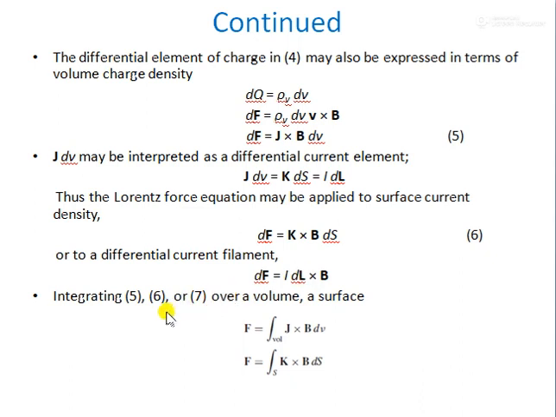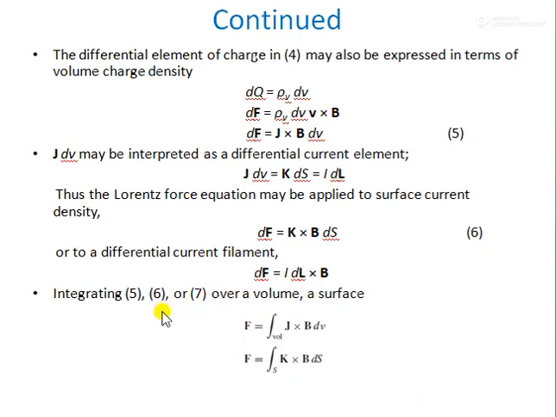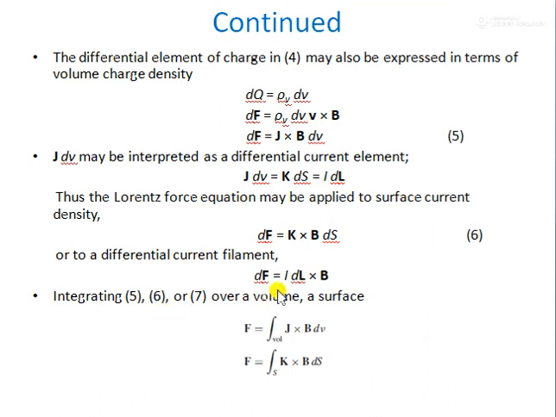So integrating equations 5, 6, and 7, we get F is equal to integration over volume J cross B dv, F is equal to integration over surface K cross B dS,